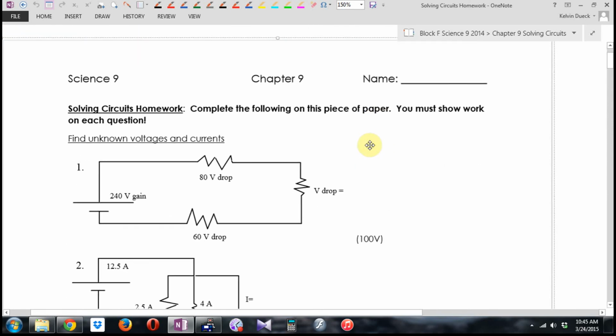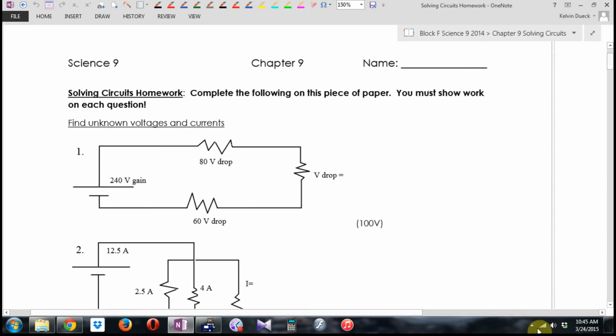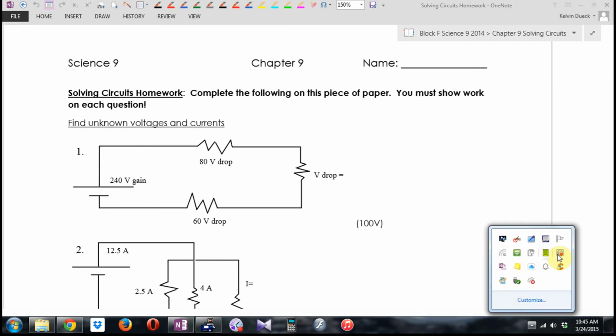So you want your yellow sheet, your calculator, and this, and you may want those 5 steps that I gave you: find the battery, find the total current, anywhere that has 2, 4 things, ski circles, and there was something else I said that I can't remember now. Okay. Let me pause the